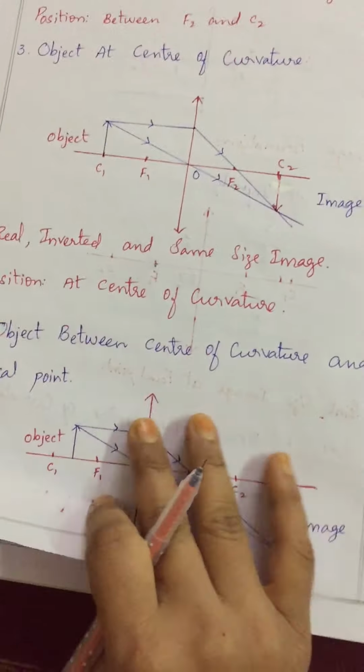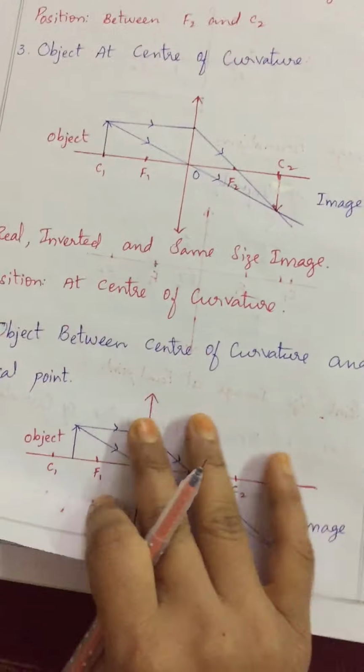Now the fifth is the object at the focal point. That means when we keep the object at the focal point, where will we get the image? This is opposite to the first case. When we kept the object at infinity, we got the image at the focal point. Now we are keeping the object at the focal point, so the image will be at infinity. That means the refracted rays will not intersect anywhere. That's why we don't know exactly where the image forms, so we just say infinity. Since we don't know where the image is forming, we don't know the size. But of course we will get an inverted and real image.